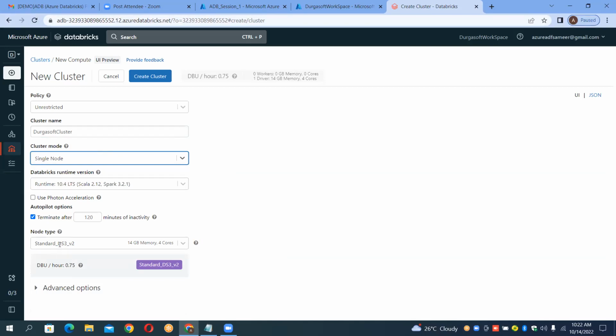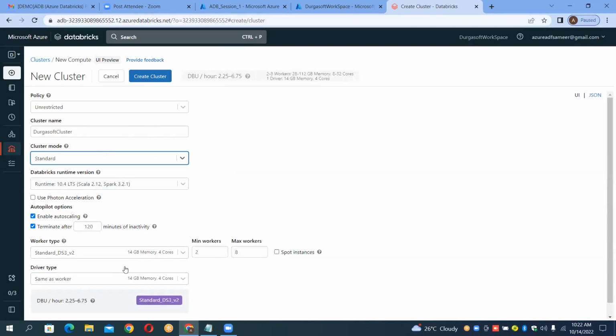Node type is only standard, that is only driver node. There will be no worker nodes. Okay. So now guys, select the standard here. And now can you see here, we have terminate. That means automatically after 120 minutes of unused, that means if at all you are not using this cluster for 120 minutes and above, after 120 minutes, this cluster will be converted as,